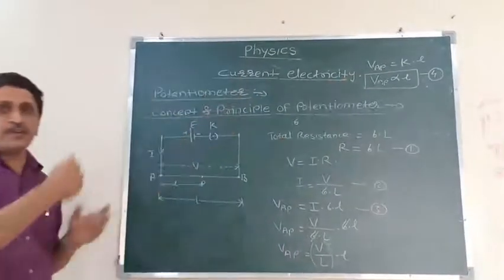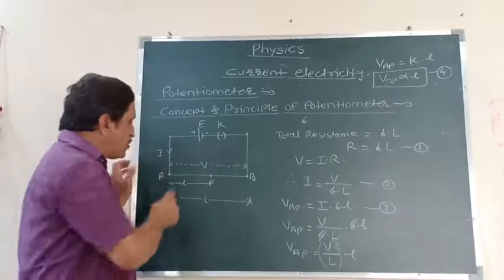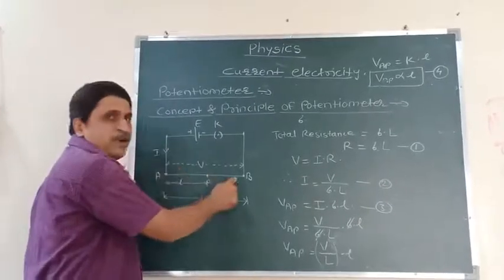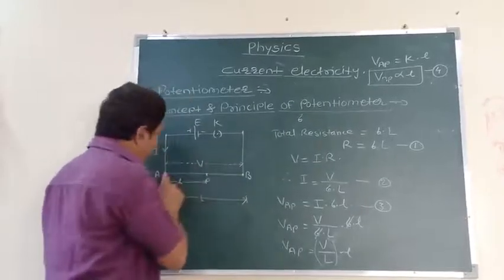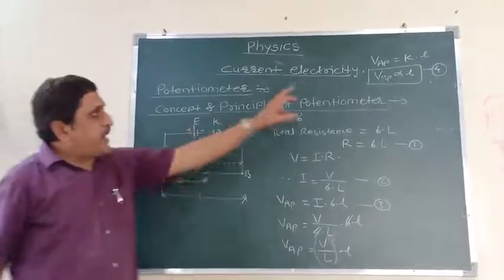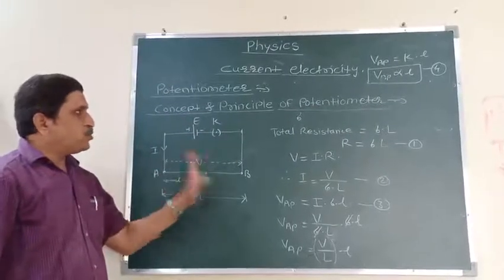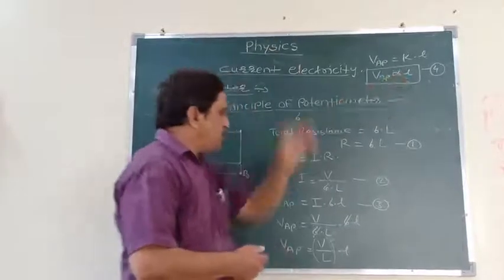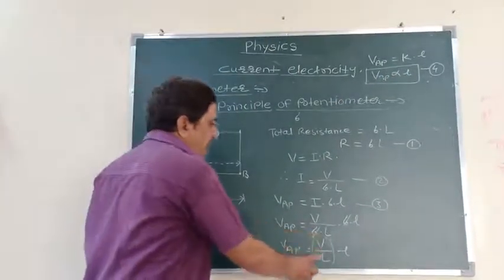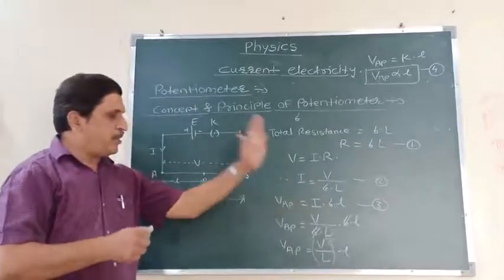According to the principle of potentiometer, if constant current is passed through the wire of potentiometer, then the potential difference between any 2 points of the wire is directly proportional to the length of the wire between those 2 points. That means VAP is directly proportional to the length of that wire, and here V by L is nothing but the potential gradient, that means potential drop per unit length of the